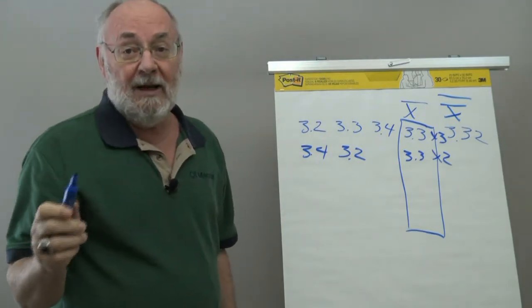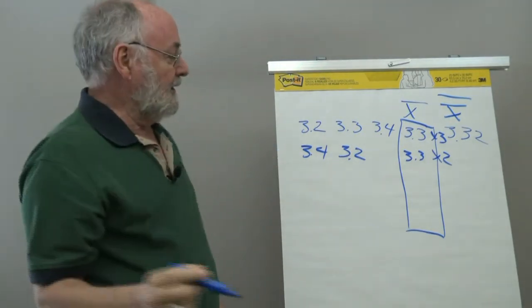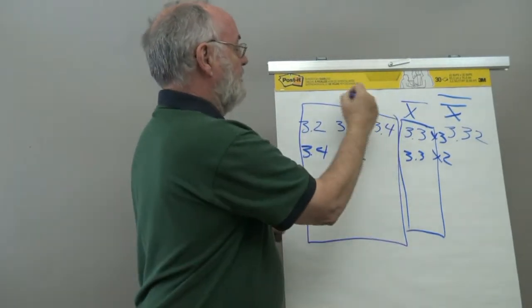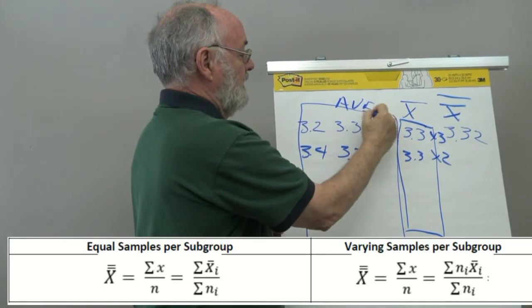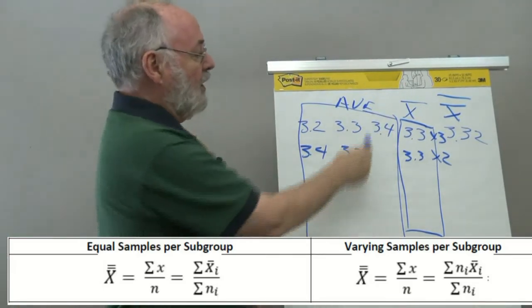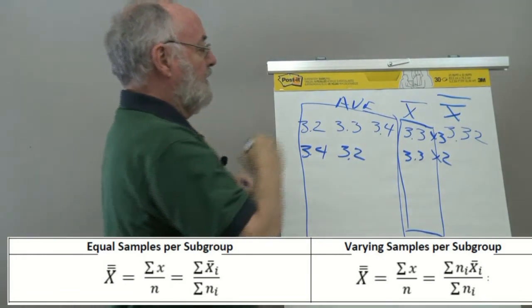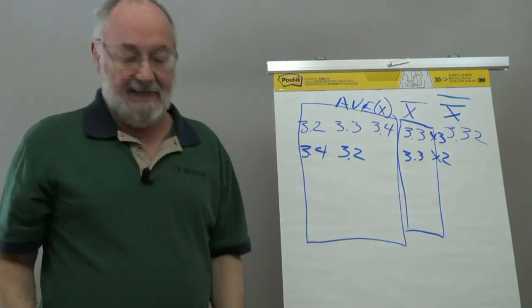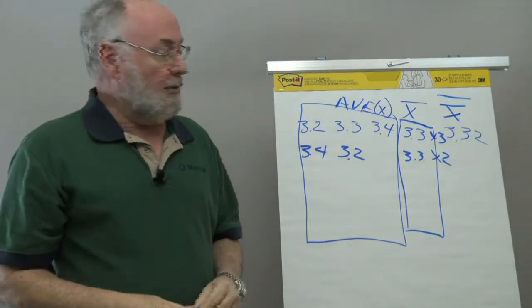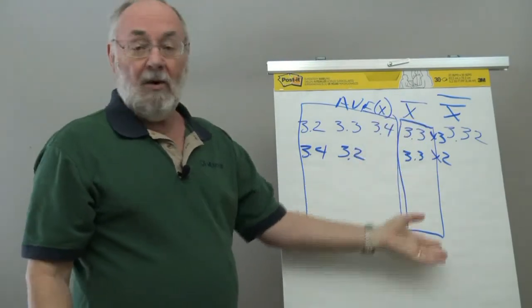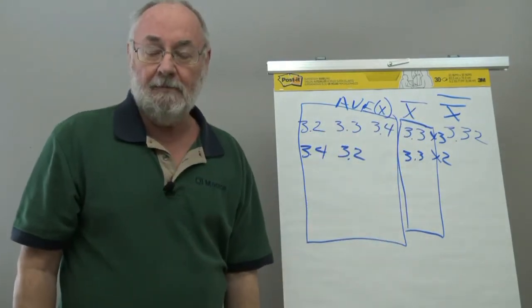Now, the funny thing about this, and you can verify this for yourself, is that if you just simply run an average, like an Excel average of all of the x's, you'll get exactly the same thing for X double bar, whether it has consistent subgroup sizes or varying subgroup sizes.